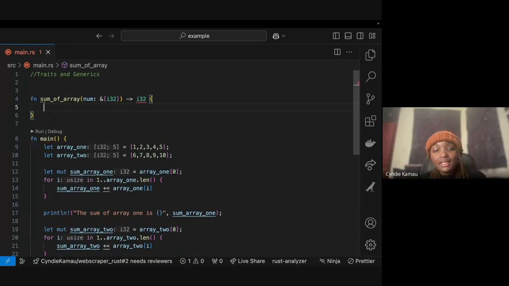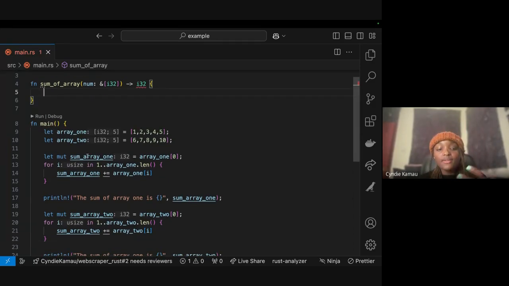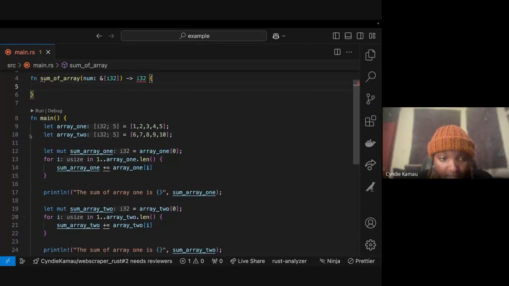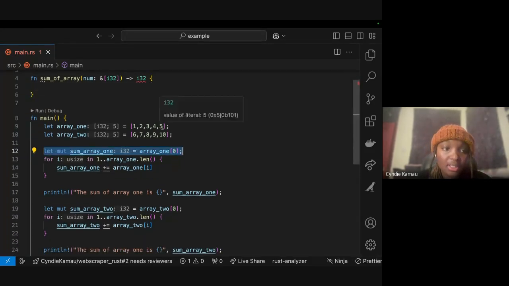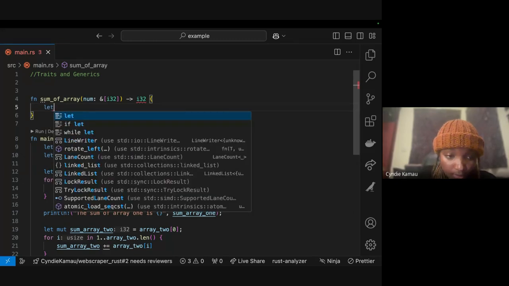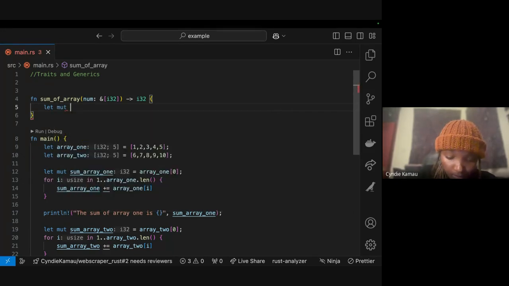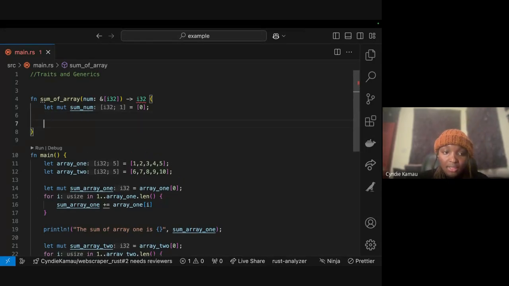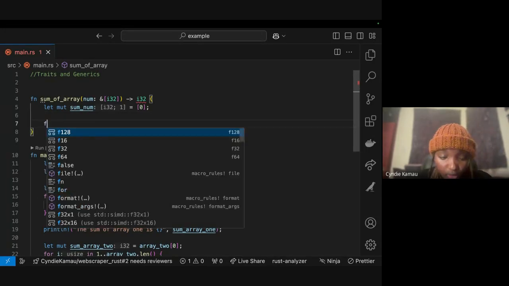So inside the sum of array function, first of all, we need to initialize the first count for our array here, right? Just like how we did here, we're going to do the same. Also, after we do that, we now iterate over it, right? So for